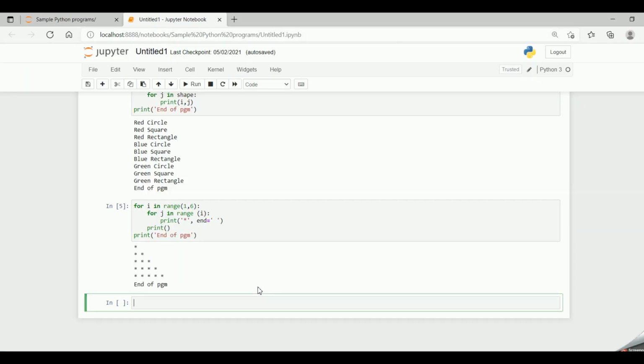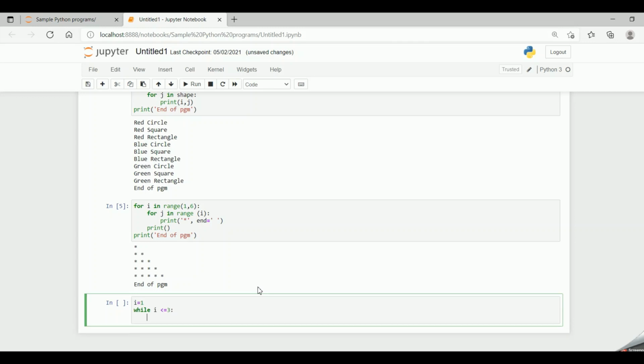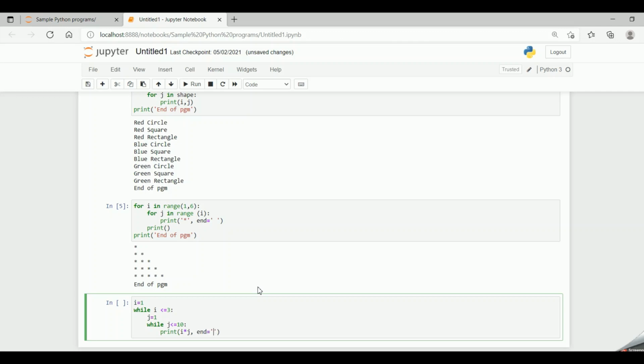Let's look into it practically. i equal to 1, while i less than or equal to 3, j equal to 1, while j less than or equal to 10, print, you are multiplying over here i into j, and end equal to space.